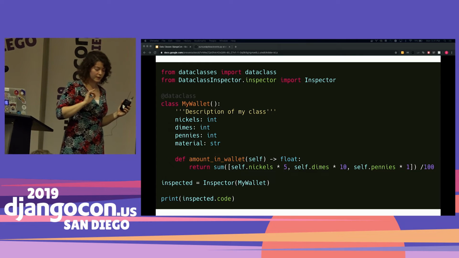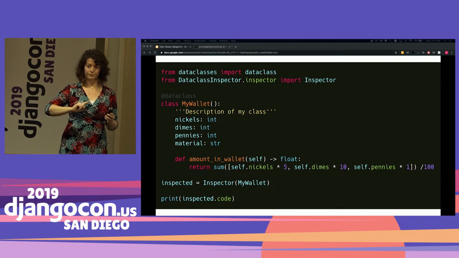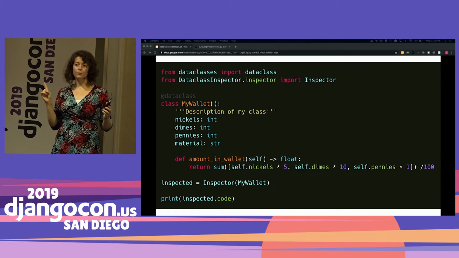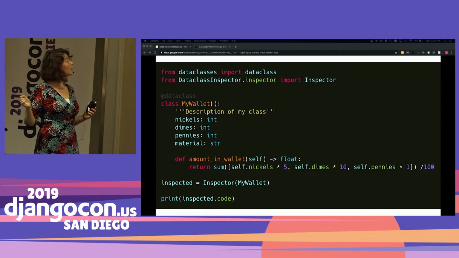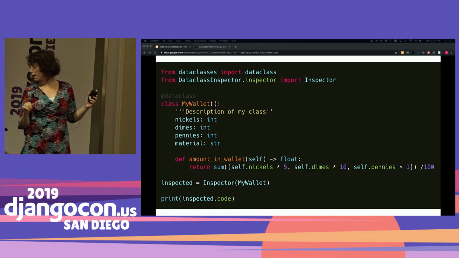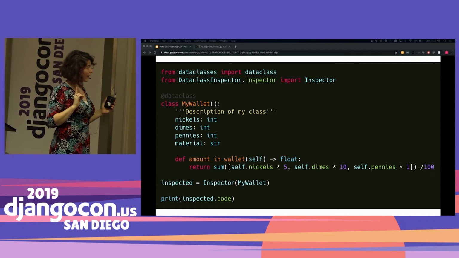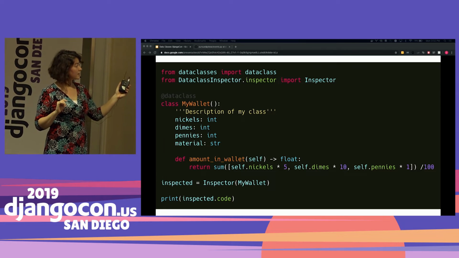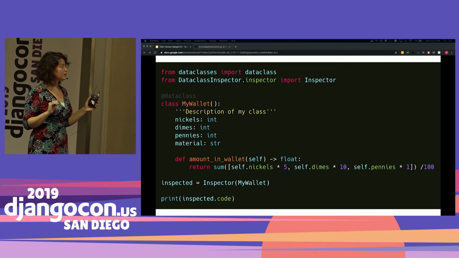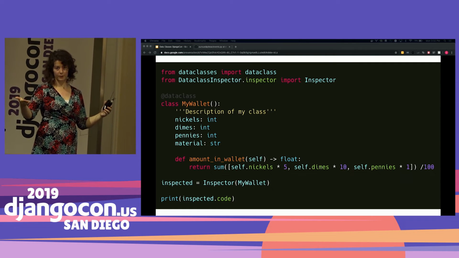Now, one thing that the standard library does not provide is a way to look at what this generates. But there is a handy package that will. If you start playing around with data classes and you're like, what is this generating on the back end? What is the code actually going to run? There's a package by Damla Altun. And this package will take your data class and inspect it and print out the code that it's generating on your behalf that you don't have to think about.